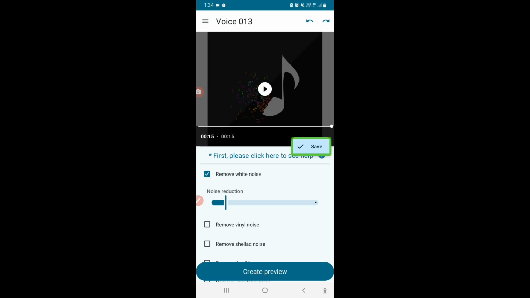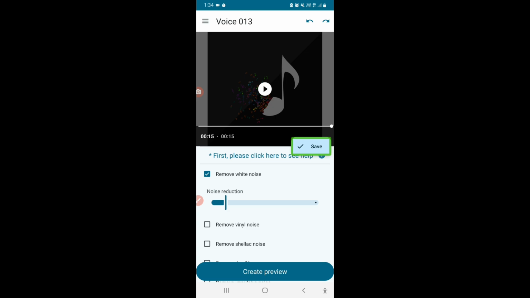For example, if you have audio 1, and you created another audio by clicking on generate preview, which is your audio 2. Now if you do not click undo and you check the checkboxes and click on create preview, then the edits are going to happen on top of audio 2 only. It's not going to happen on top of audio 1. So if you want to edit audio 1, you just have to press undo, so it will come back to the original state, and then you can again check the checkbox that you want to.